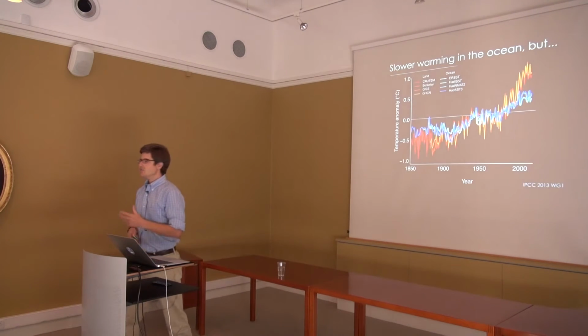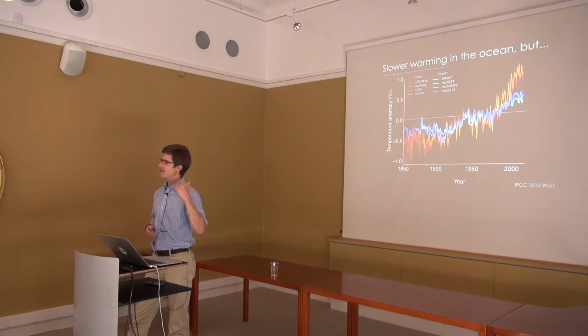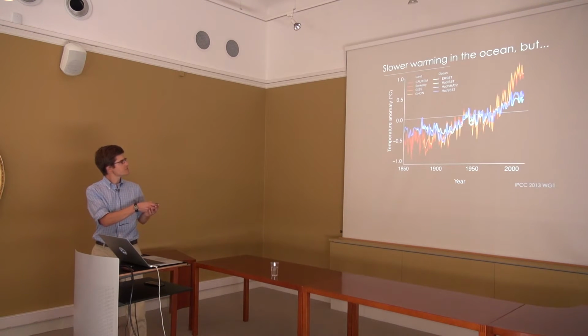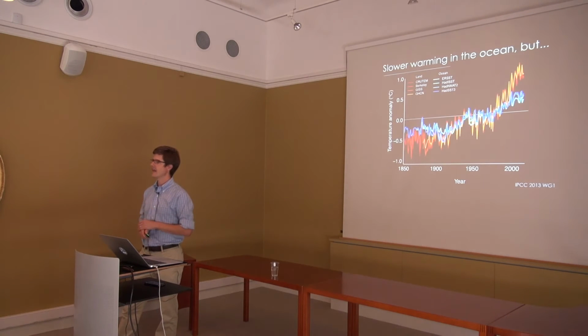So this graph is showing surface temperatures on land, the orange and red lines right here. And you can see that surface temperatures on land have warmed by more than a degree since 1850. Whereas in the ocean, they've only warmed about half a degree. So much less warming in the ocean over the last century and a half. So you'd think, okay, maybe we don't really need to worry about climate change in the ocean as much as